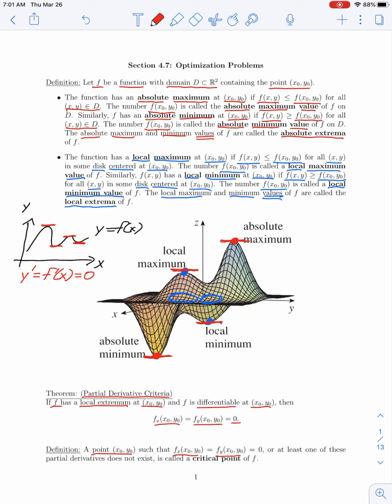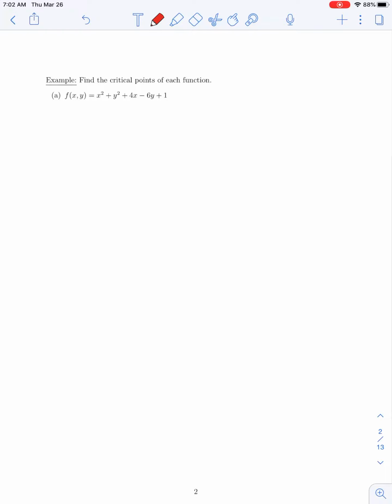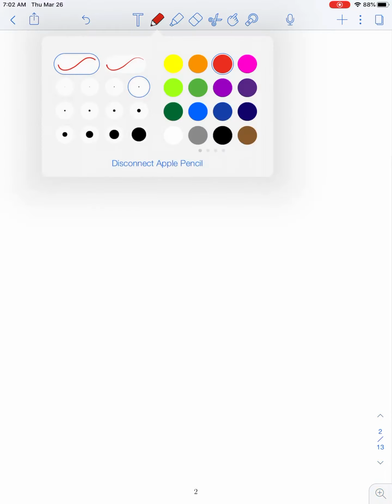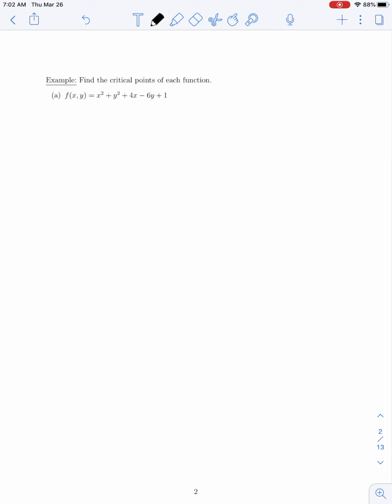So let's introduce a little more terminology here. Any point x naught, y naught, for which both partial derivatives of our function are equal to 0, or at least one of our partial derivatives does not exist, is said to be a critical point of our function f. So these critical points are going to be candidates for where our function has an absolute or a local maximum or minimum. So now that we've introduced some terminology, let's look at some examples to illustrate how we could find